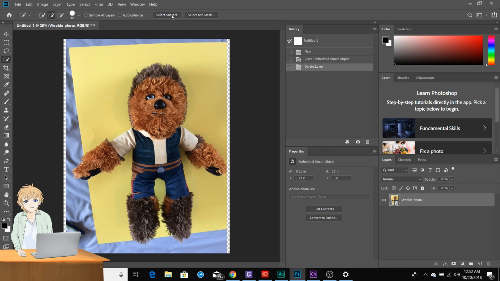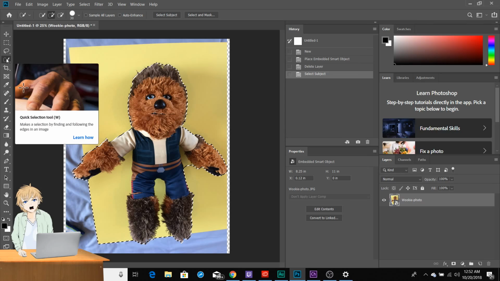Now, what we're going to do is use a new feature of the latest version of Photoshop called Select Subject. It automatically analyzes a picture and has a pretty good guess of where the outline of the puppet is. And you can see it's made a few mistakes. So what we're going to do